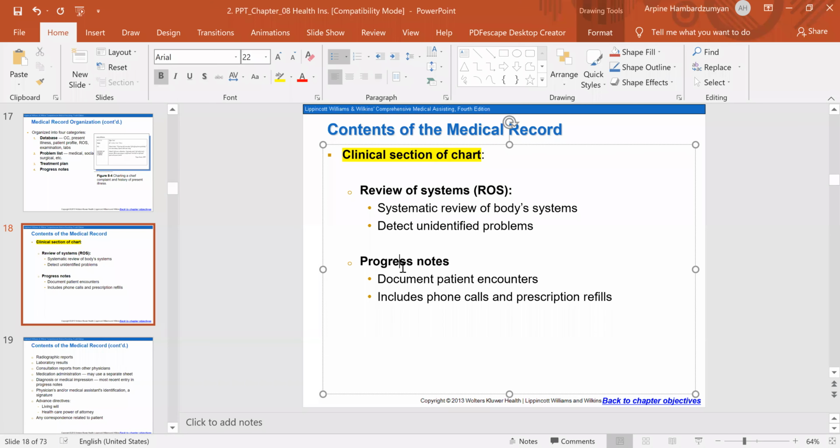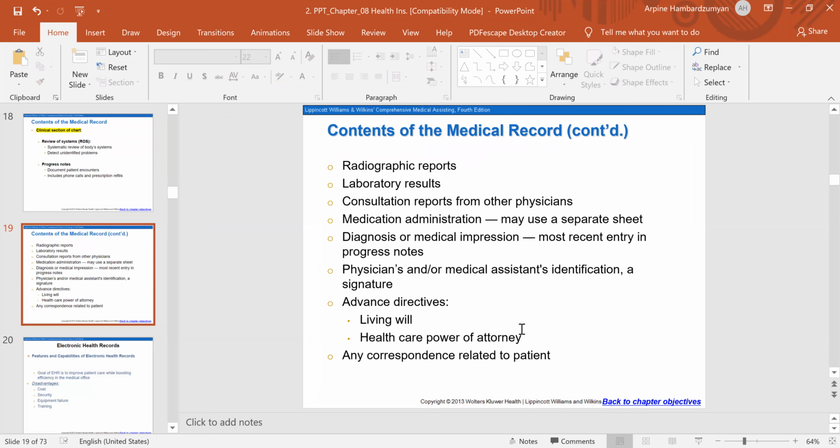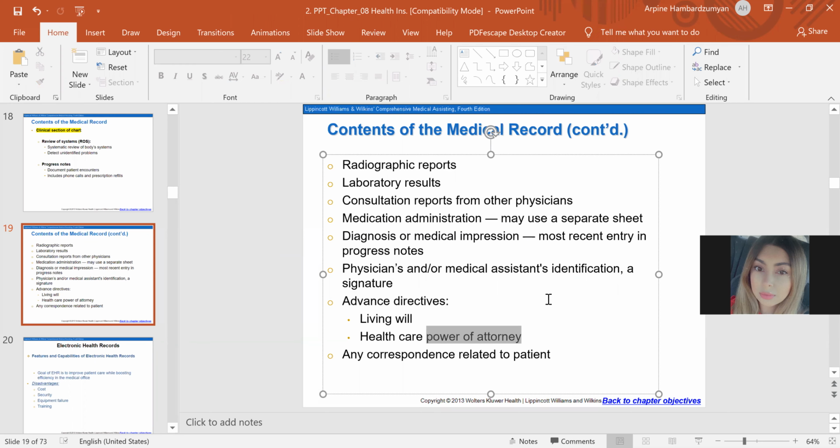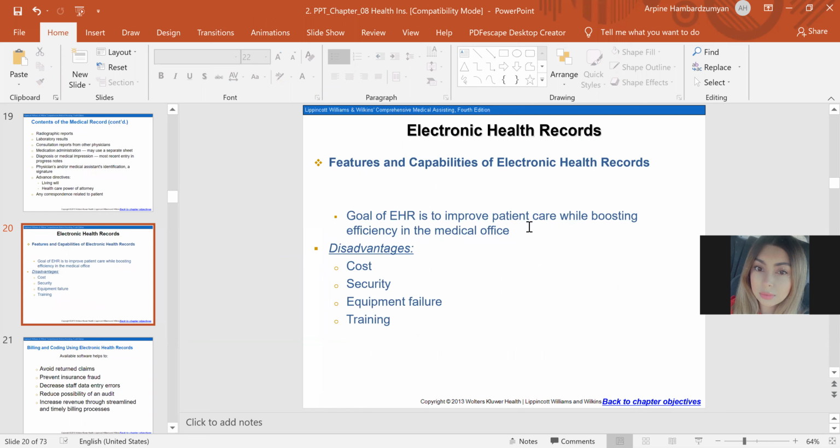So progress notes document patient encounters: with whom the patient made an appointment, what was written there, prescription refills, and so on. Information about x-rays, other examinations, lab results, everything is written here. And advanced directives, we are going to talk about this in our law and ethics module. What is an advanced directive? What is power of attorney? And so on. Electronic health records, this is the same but written in the system, in the computer,